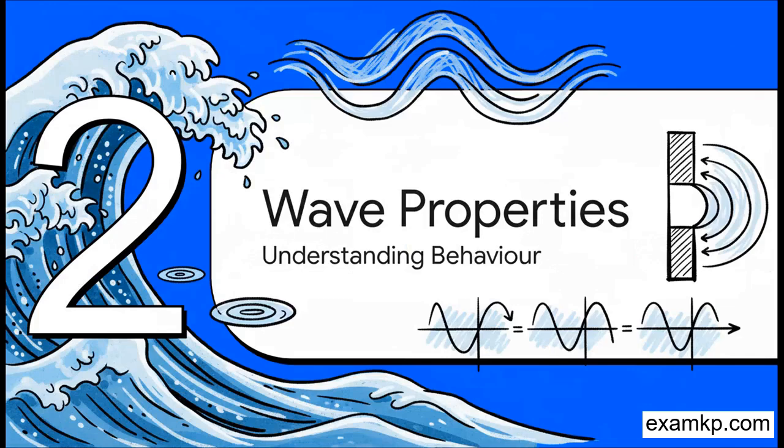All right. Great job. Now that we have the fundamentals locked down, let's look at what happens when waves interact with their environment. We're going to cover their key properties, and then we'll look at the big, powerful general equation that describes any progressive wave. You know, every single wave, it doesn't matter if it's light, sound, or water waves, has 4 main